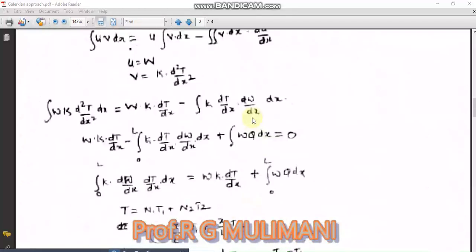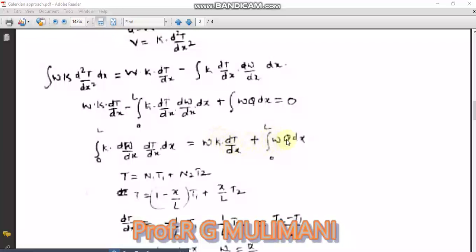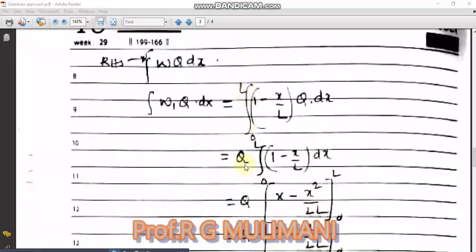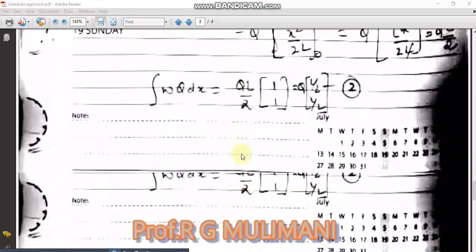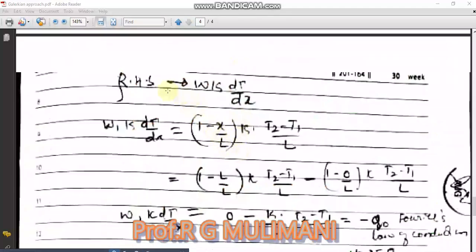Now we got one more term. This is derived now. Now let us find the other term, W k dT by dx. We know the W values, we have two values, so let us find it with W1. W1 k dT by dx: W1 is 1 minus x by L, the shape function 1, and k is a constant, and dT by dx is